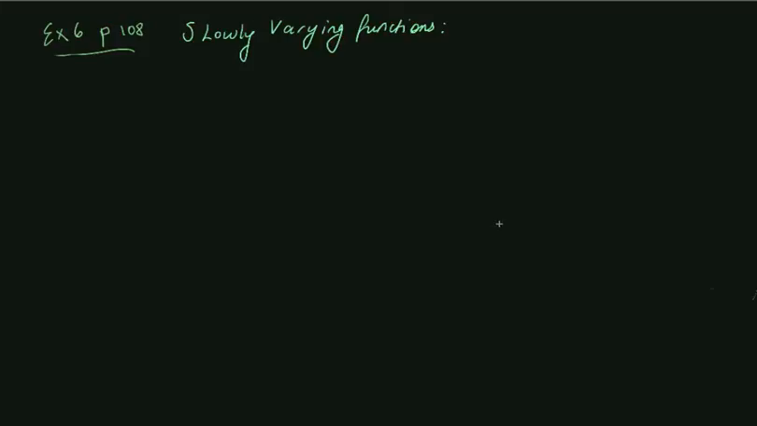Hello and welcome to exercise 6 from page 108, where we will be looking a little bit at slowly varying functions. So the definition of a slowly varying function L is this. We say that L is slowly varying